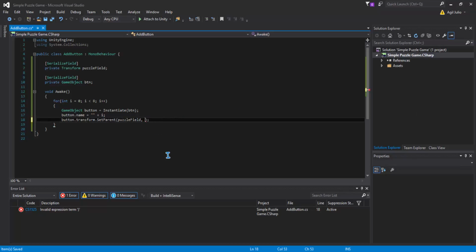Well, we don't want the world position to stay, so we set it to false, because this other parameter is a boolean. So click here on the type SetParent and set the puzzle field as the parent, and after that we type false because we don't want our world position to stay.